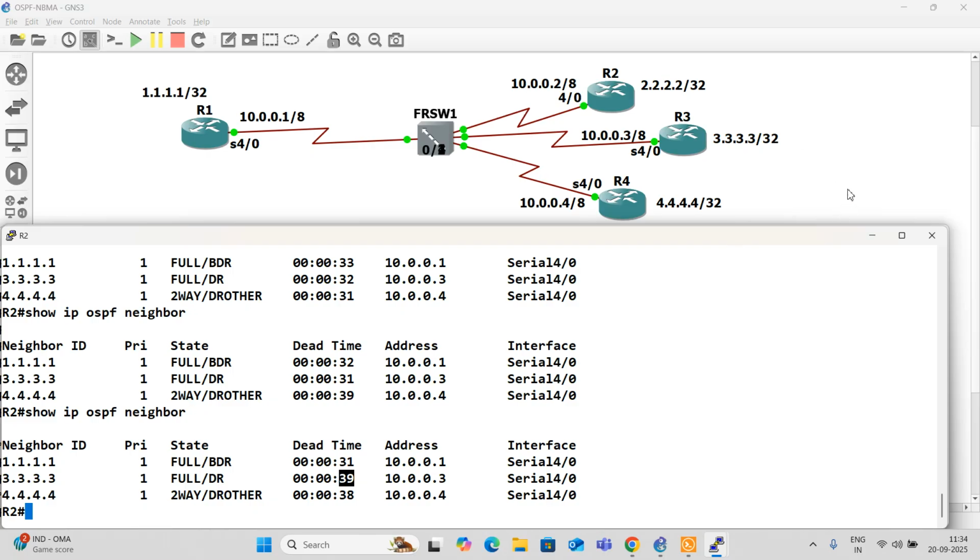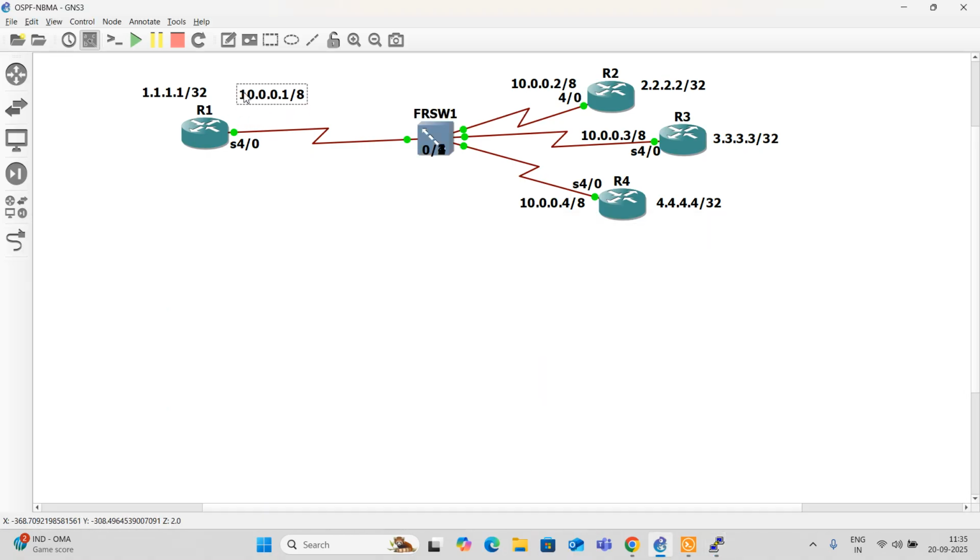Alright, now what we do next is point to point. The difference between this and point to point is that it should have only 2 points. Router 1 and router 2. Router 1 and router 3. Router 1 and router 4, which means what? They're all going to be different subnets. Then how am I going to have 3 subnets here? I'm going to create sub-interfaces. This one I'll assign to sub-interface